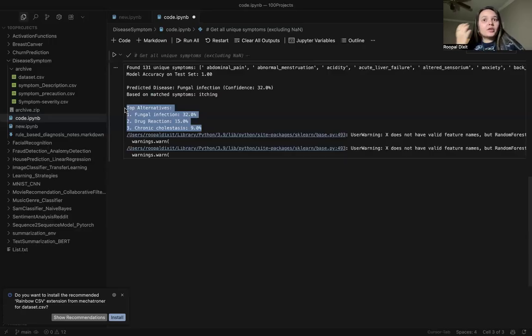This is how even doctors do that, but I will still say that this is just the model. This is a very limited data set, just 4,000. This does not count in any medical emergency. If you have one, please do consult a doctor. But you can use this to understand how a rule based system can help in this kind of scenario. You can use it in different scenarios as well, where different kinds of prediction are done. For example, a price range in stock prediction, you can use that too.